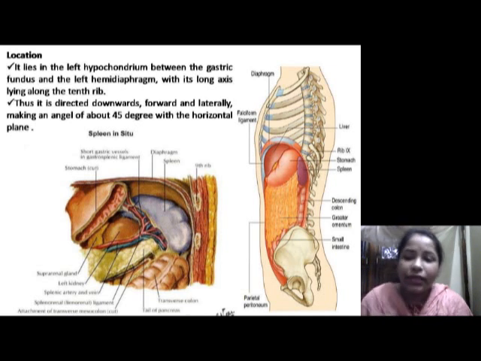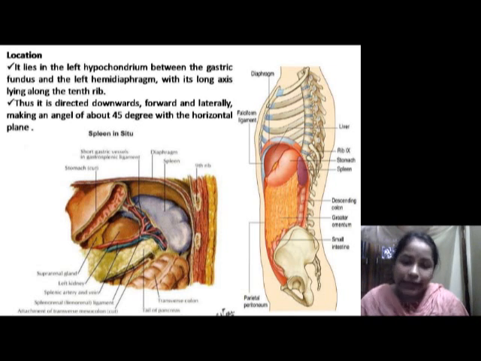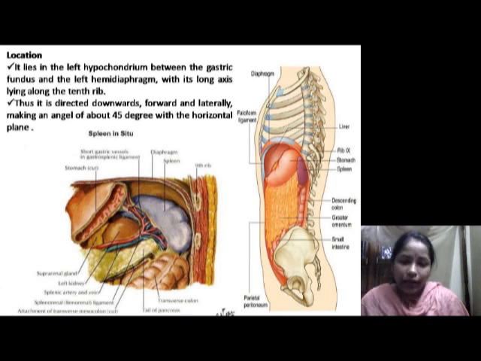On the medial side, the spleen is in relation to the left kidney, and inferiorly it sits on the left colic flexure, that is splenic flexure. Means it lies just beneath the left half of the diaphragm, close to 9, 10 and 11 ribs, and on the left side of the abdomen, and pleural cavity separates spleen and diaphragm from the rib.